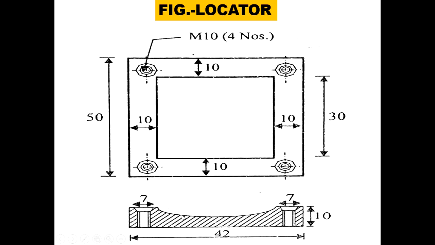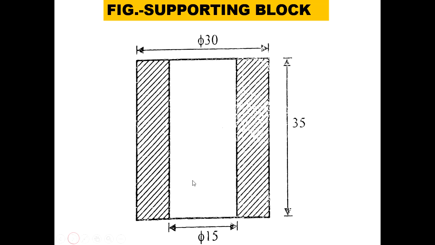Okay, so this shape of the profile locator will match with the shape of the workpiece, and this will easily locate the workpiece. Okay, so this one is a detailing for the profile locator, and this one is the supporting block which we have used for location. Supporting block for supporting the workpiece. Okay, so purposefully the internal diameter is 15, because we have to drill the diameter of 10 mm. Okay, so the drill will pass very easily in this supporting block.